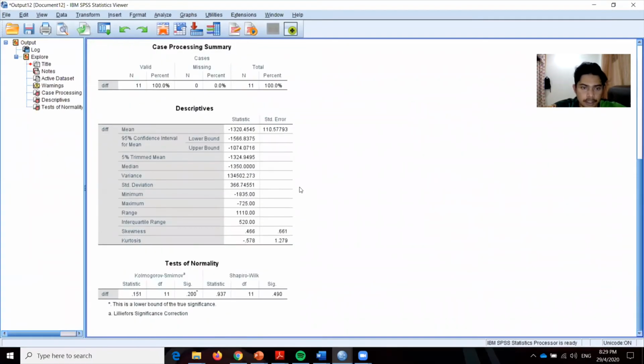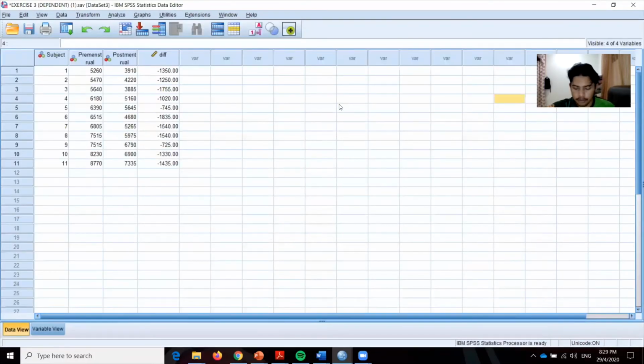Then we directly go to the test of normality because we want to know whether it is normal or not. The significance is 0.490. It is more than 0.05, so it is normal. Next, after we know that it is normal,